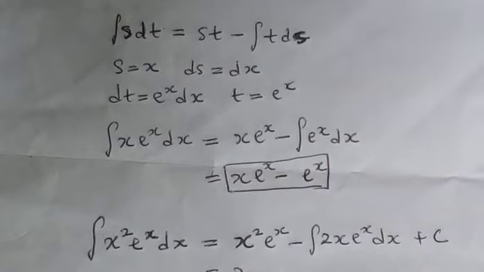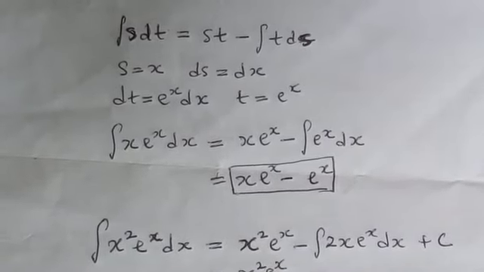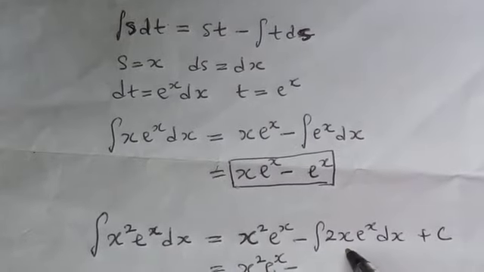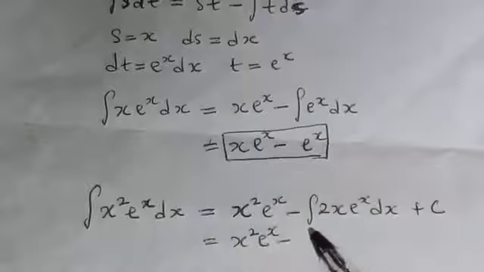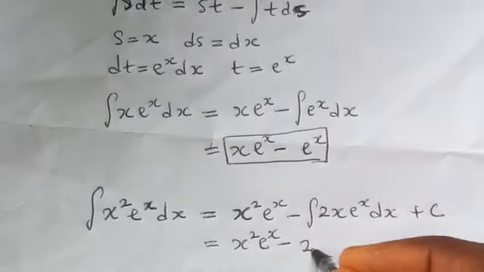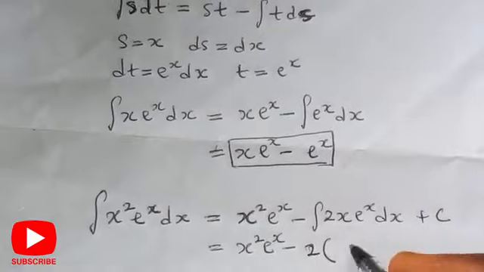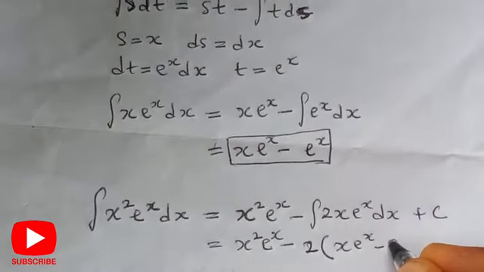Here we have solved this, so by substituting this into here, that will be x raised to power 2 e raised to power x minus 2 times x e raised to power x minus e raised to power x